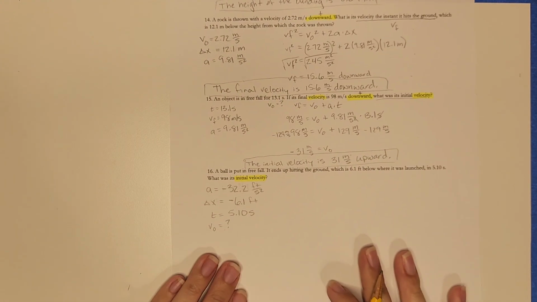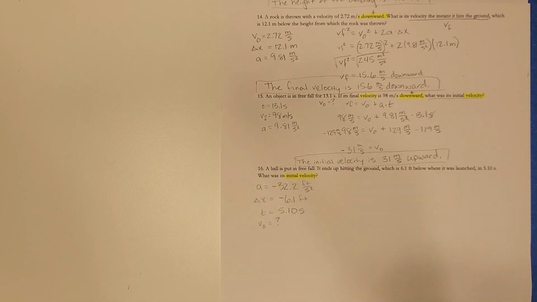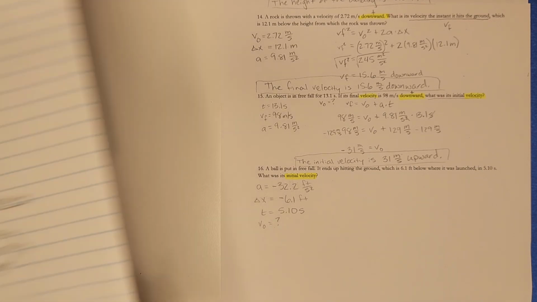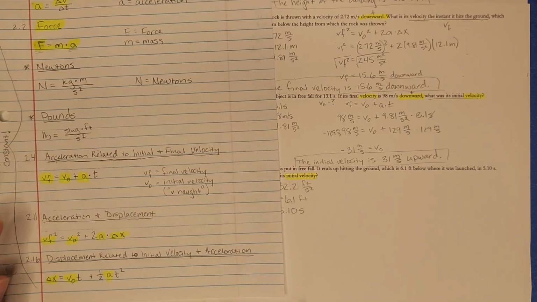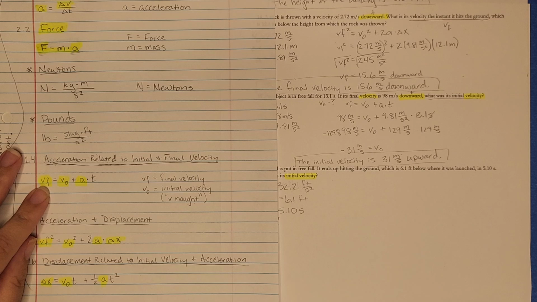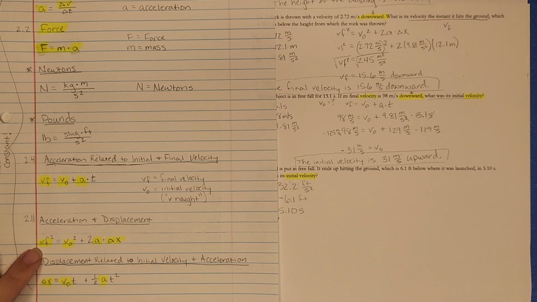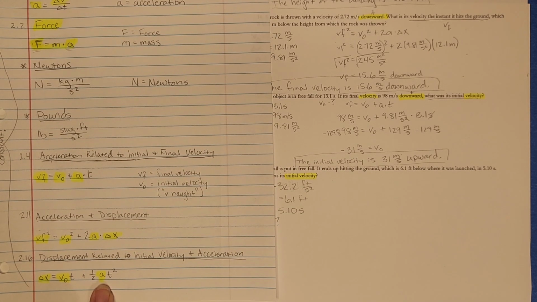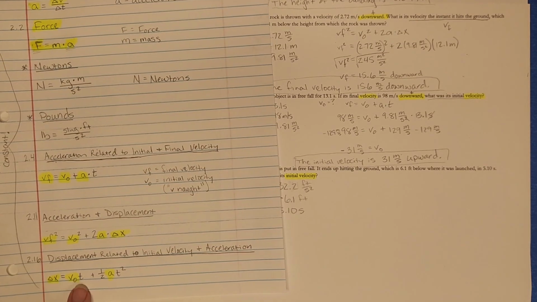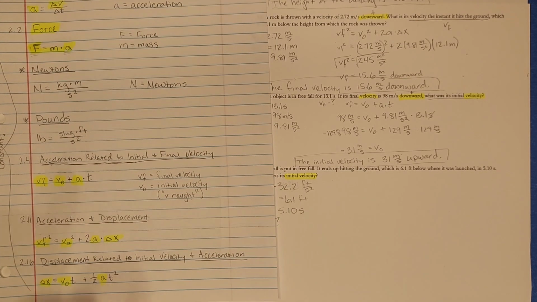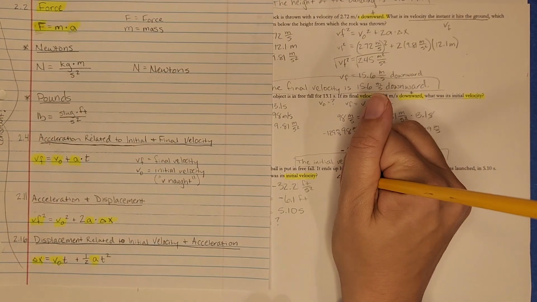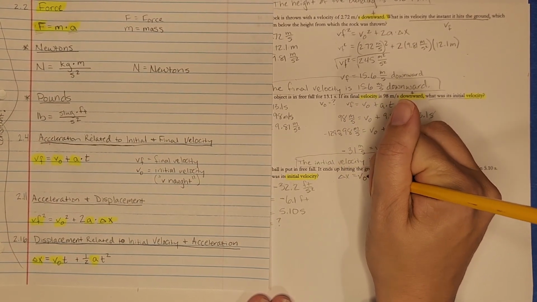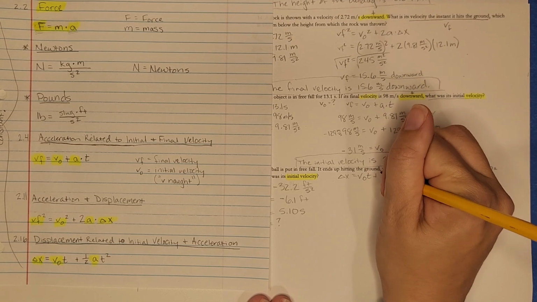Okay, so let's look at possible equations we can use. Okay, so this one won't work because we don't know anything about final velocity. This one won't work. We don't know anything about final velocity. This one, we know delta x, we know the acceleration, we don't know the initial velocity, and we do know the time. So this is the one that we're going to use. Delta x equals v naught times t plus 1/2